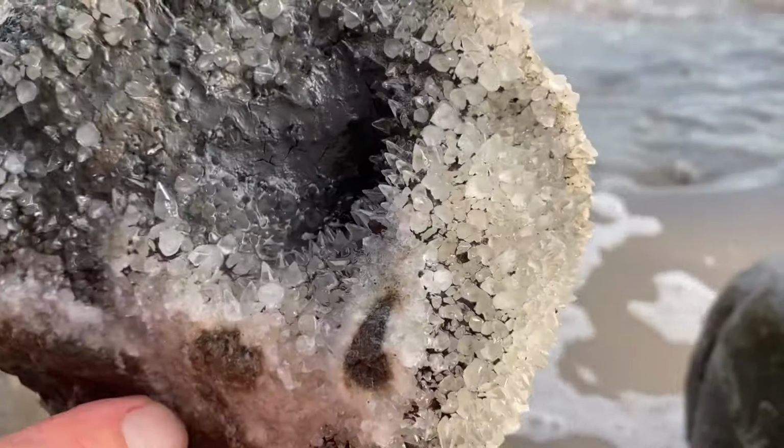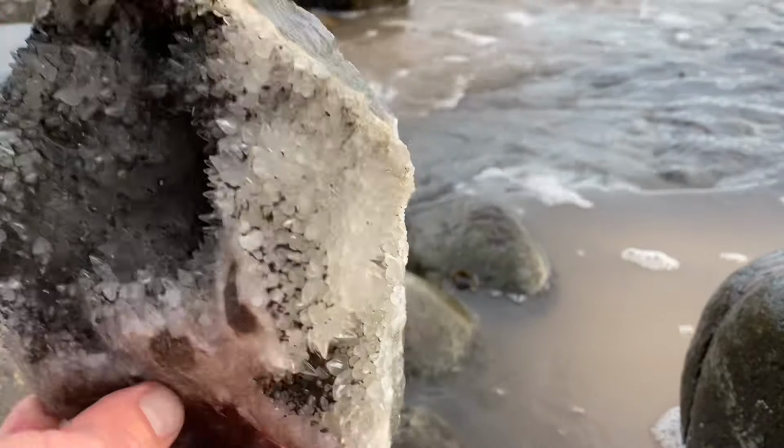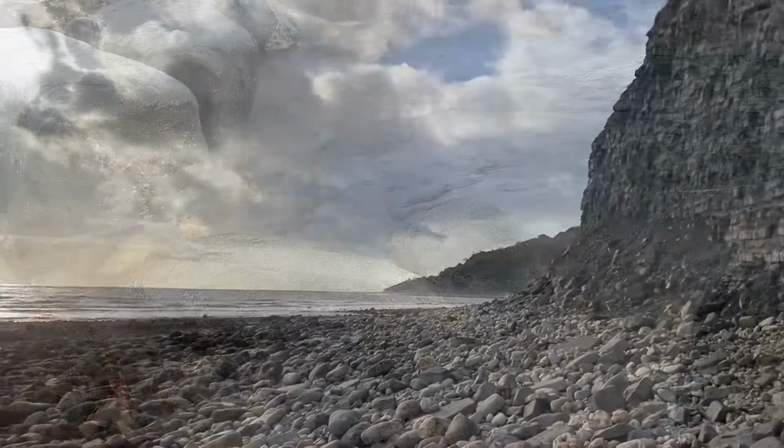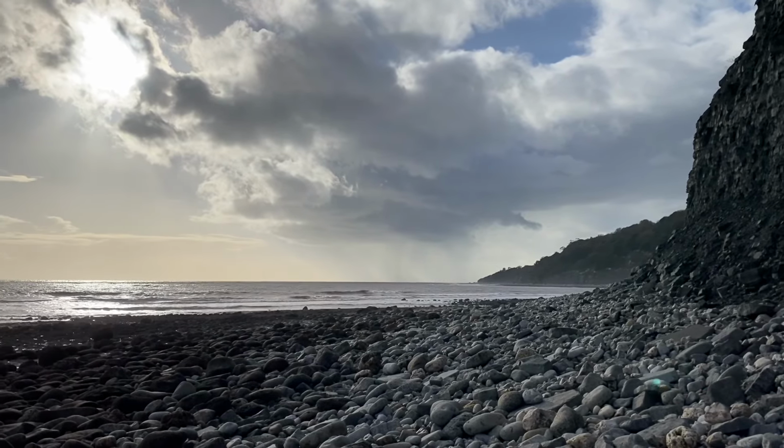These were the chambers of an ammonite that got filled with calcite crystals. Primarily, the ammonite filled them with water or gas to give it its buoyancy in the sea. Here we are walking back out of Petrified Bay, big storm there, down there in the distance, and I'm going